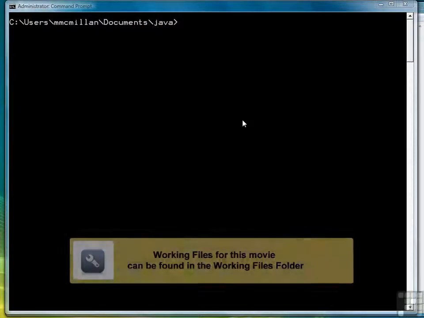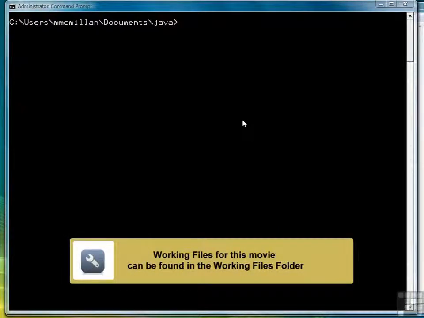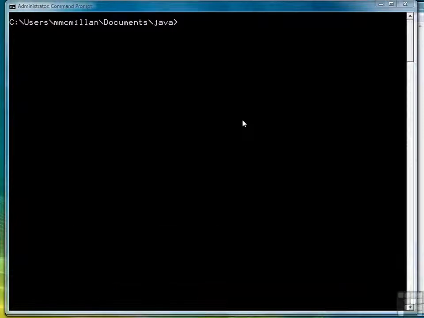In this lesson, we're going to continue our examples using try-catch. This time we're going to write the beginnings of a program that will display the contents of a file, kind of like the type command in Windows or the cat command in Linux. So let's get started. We're going to call this